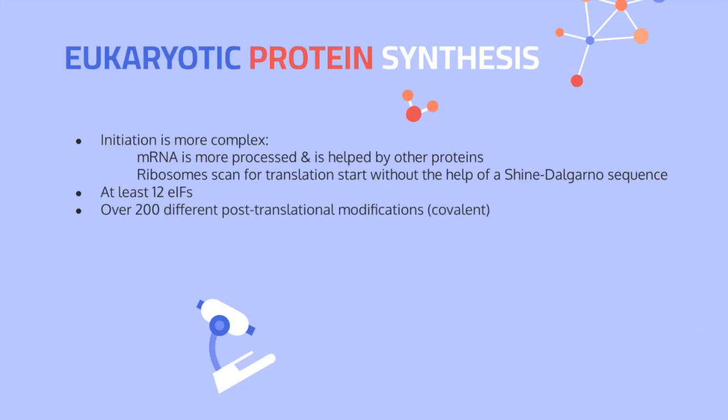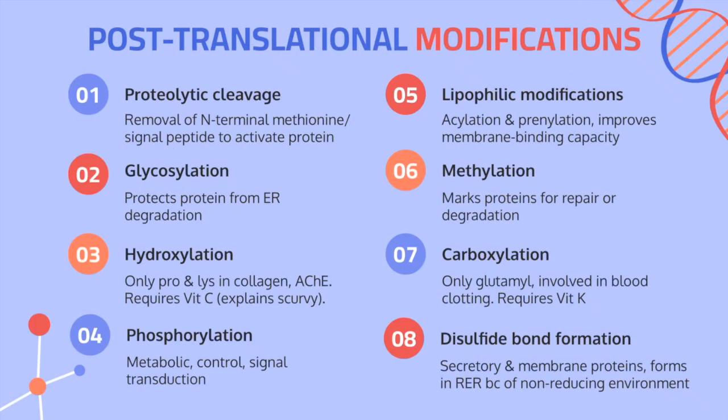Just as a side note, post-translational modifications are covalent, so they're here to stay. All right, so here we have the 8 main types of post-translational modifications: proteolytic cleavage, glycosylation, hydroxylation, phosphorylation, lipophilic modifications, methylation, carboxylation, and disulfide bond formation. Starting with proteolytic cleavage, as we've mentioned earlier, it's the removal of the methionine or of signal peptides to activate a protein. Then we have glycosylation, which is adding a carbohydrate to a